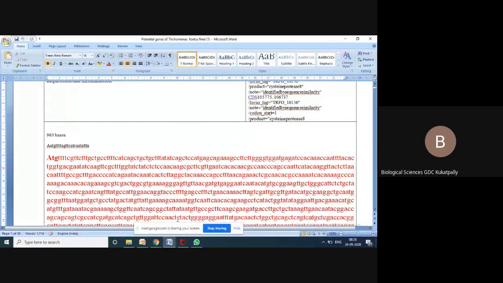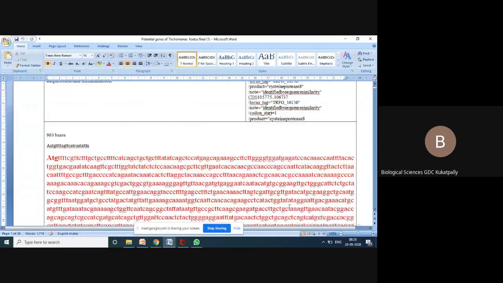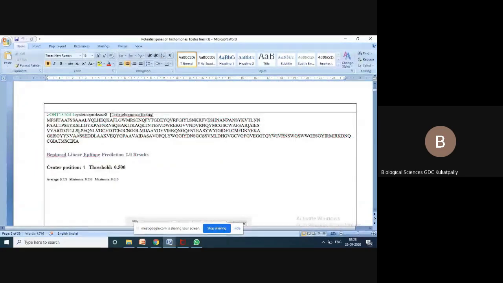It really takes time, because you will get so many hits, and you should check whether they are partial sequences, whether they are multimeric proteins. All that you have to analyze, and then finally you will be able to get into some details. Finally you have to write down a small description with all the details, because next time when you want to search, these details will be very useful. The same way I have taken FASTA sequences, and the same way I have taken amino acid sequences.